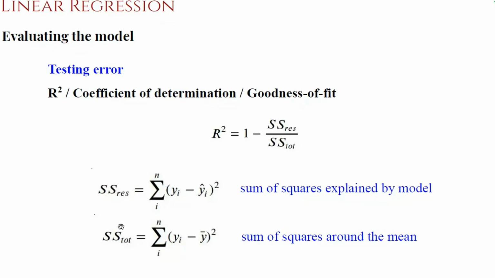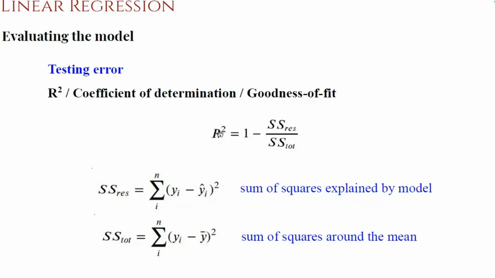Let us not bother about the error of the average model. If we just put it in here, what will be the R square value? It is 1 minus 0 divided by whatever it is, it doesn't matter. We will eventually end up with 1 because it is 1 minus 0. So when R square value is 1, it means that our model is doing an extremely good job in making the prediction of the height.